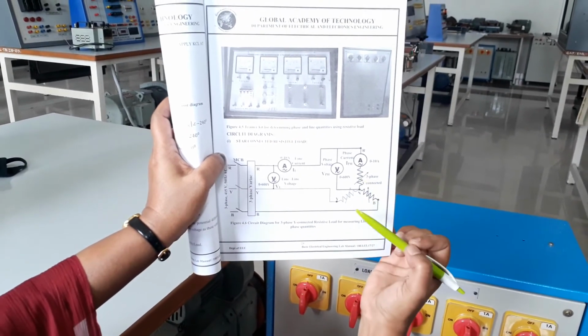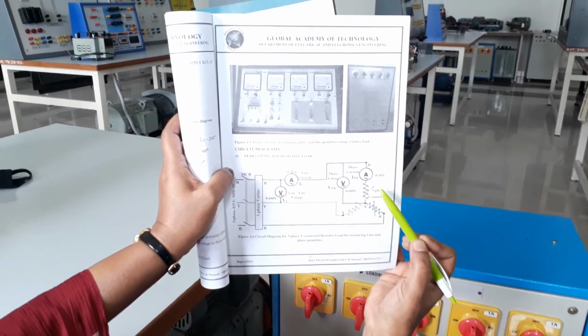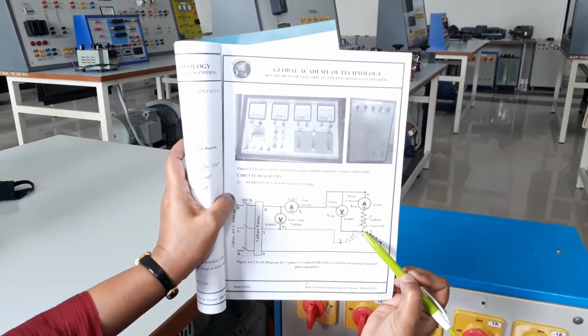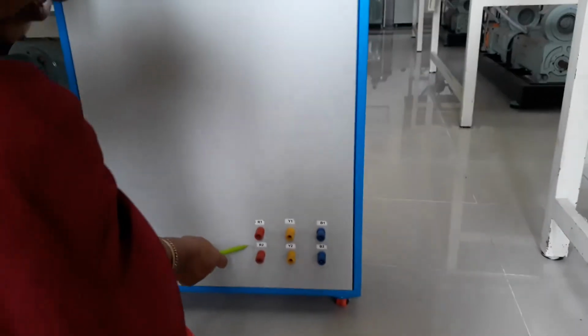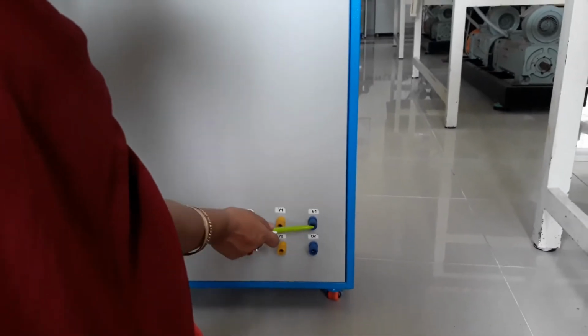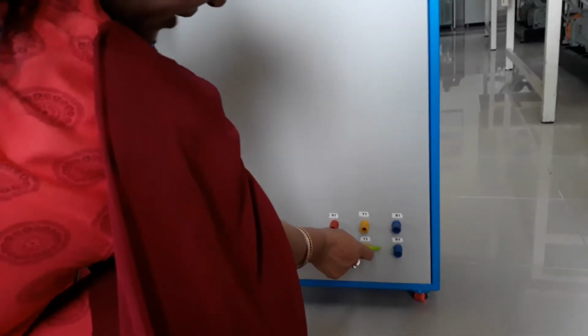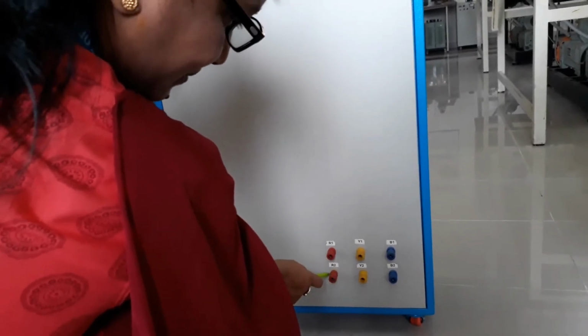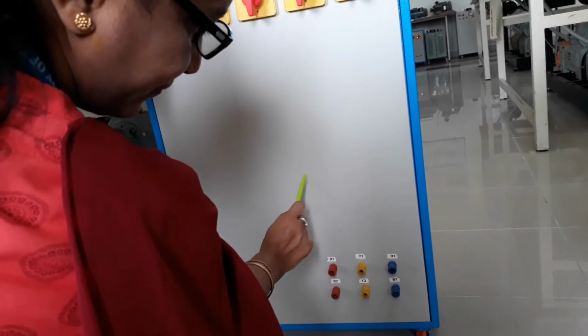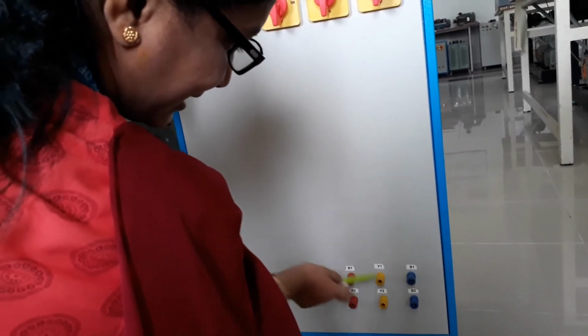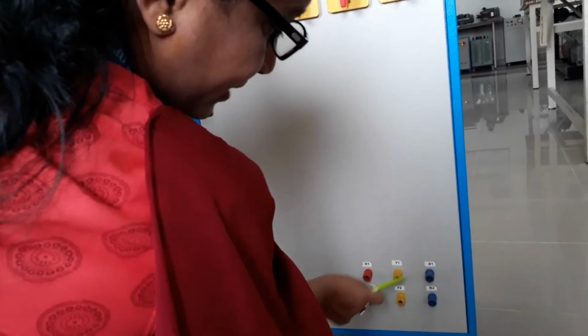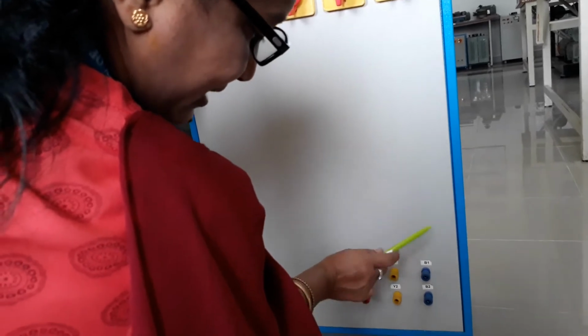When you are going to do this star connection, what exactly you are doing? You are going to join the similar ends. Okay. So here there are two terminals R1, R2 for R phase and Y1, Y2 for Y phase, B1, B2 for B phase. When you are going to form the star connection, you are going to join these terminals. You are going to short these terminals and you are going to take out the connections of this R phase as a line, Y phase as a line and B phase as a line like this. So these terminals you are going to take out and these terminals you are going to short. When you are going to do that delta connection, what exactly you are doing?